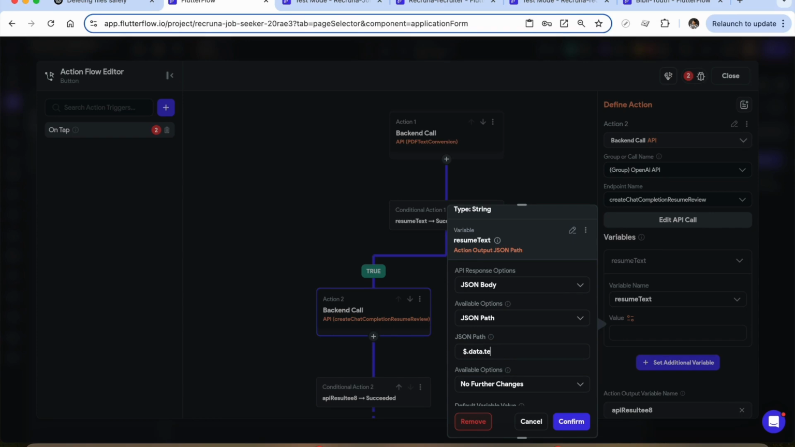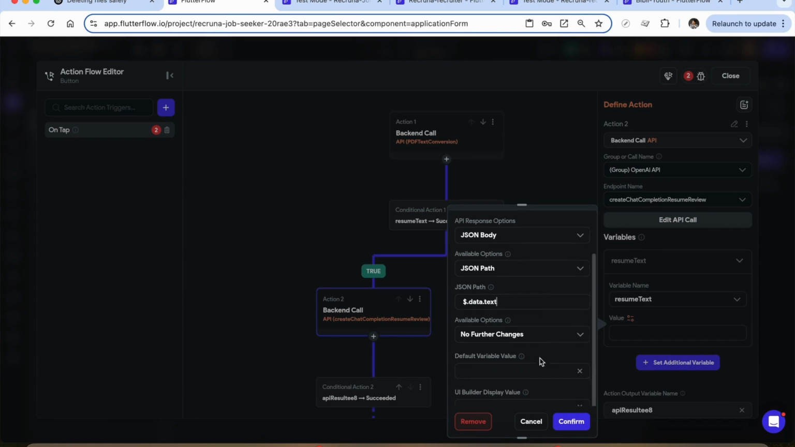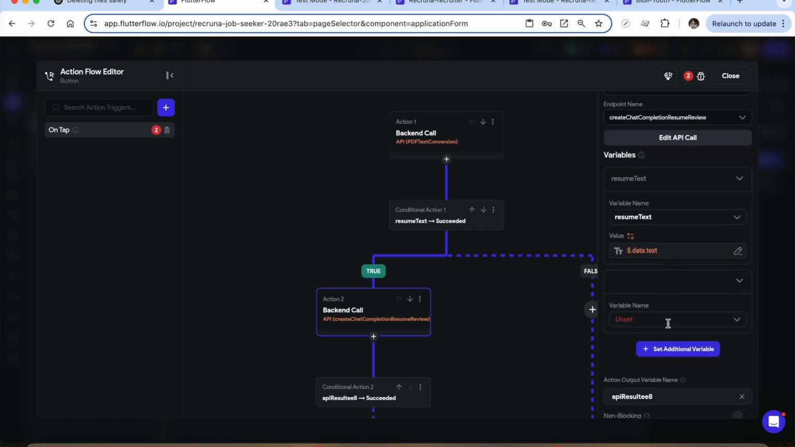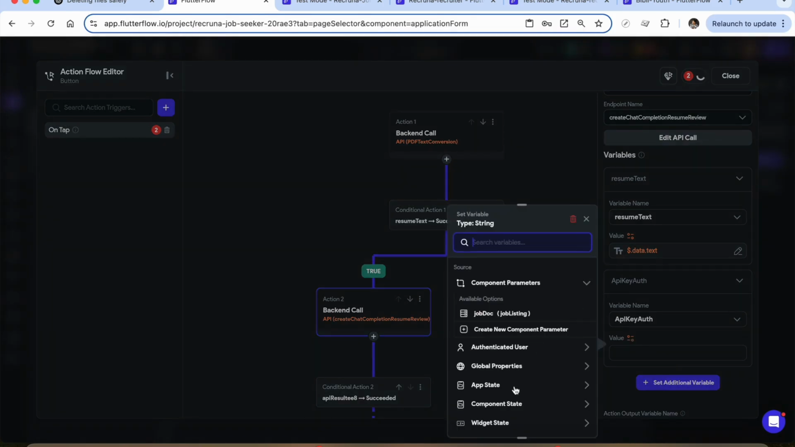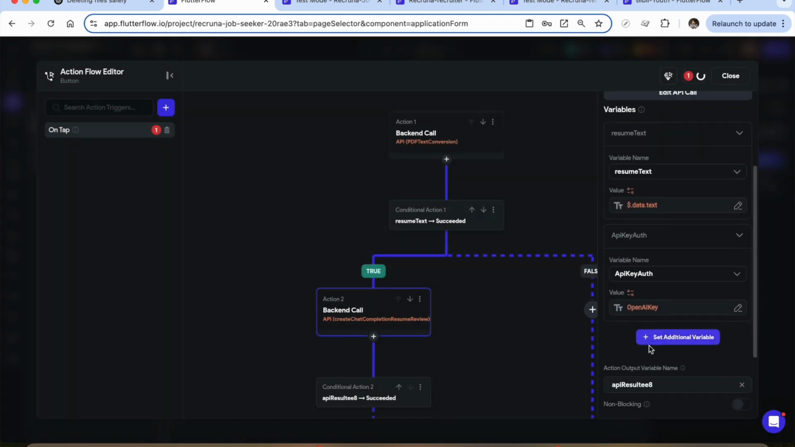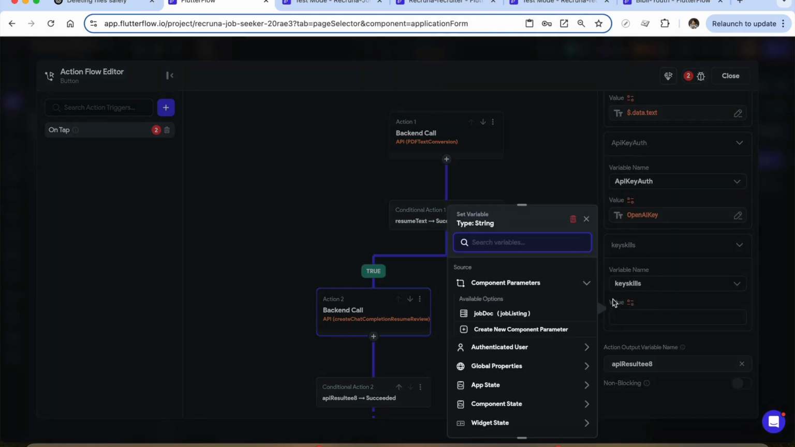So dot data dot text, right? No further changes, confirm. So this is the resume text that I'm passing, and over here I'm going to set an additional variable, which is the API auth key. I have already saved it in the app state, the OpenAI key, and I'm just linking this OpenAI key over here. The third variable is this key skills, right? This key skills is again something that we will need to process, because the key skills have been added